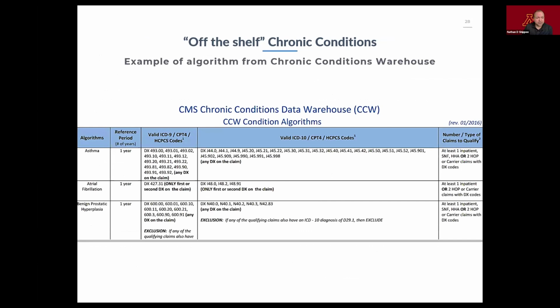You can download a PDF file, and that's actually what I clipped this from, at least what I remember. If you look at the far left column, you'll see that there will be a particular condition category, an algorithm either for asthma or AFib or BPH. But again, this is for any of their conditions. They'll give you the reference period. So remember back to Hebert et al., they were looking at 1 year versus 2 years as one of the things they were testing. Most of these are going to be 1 year.